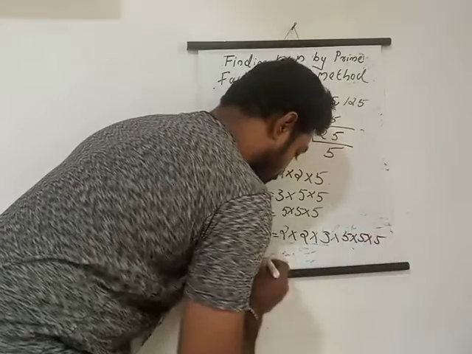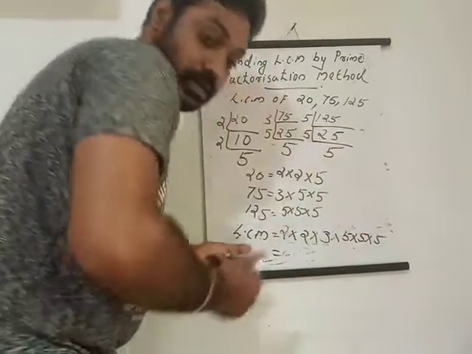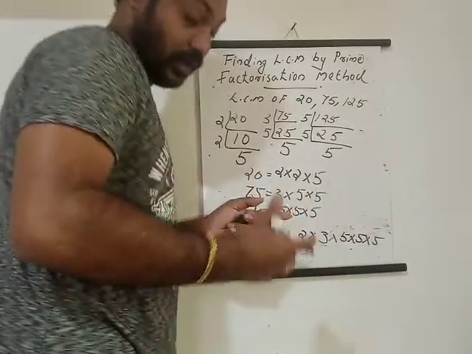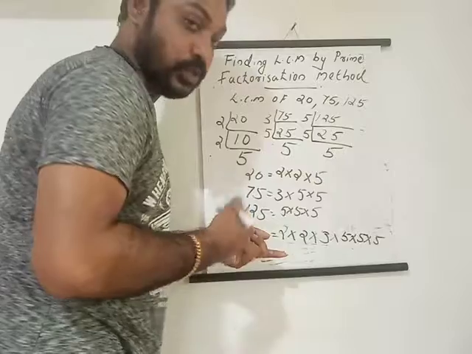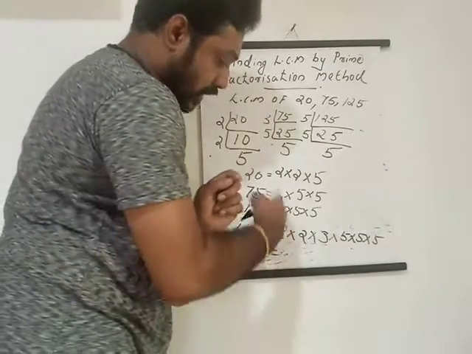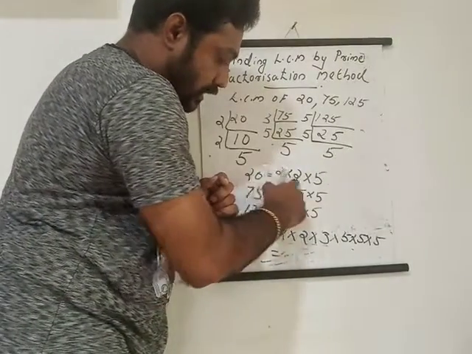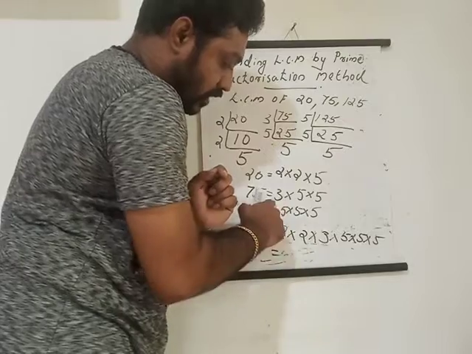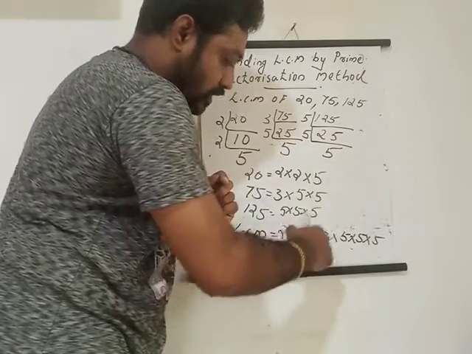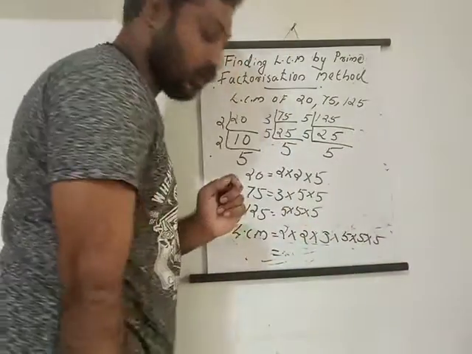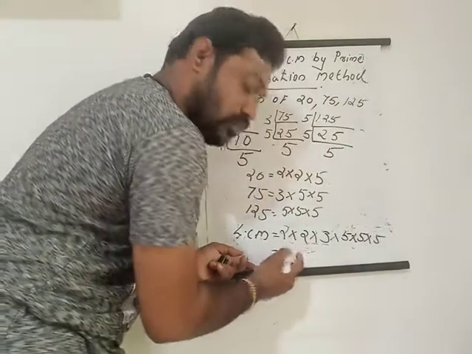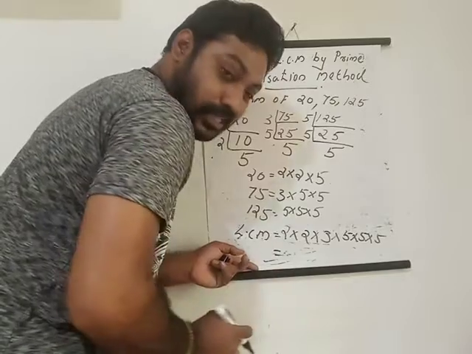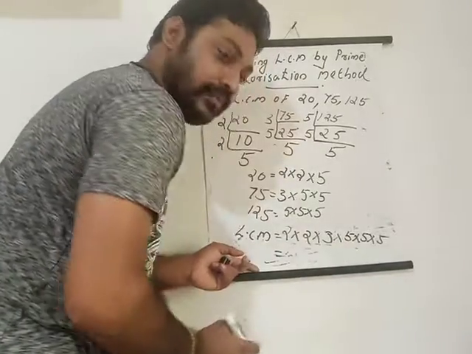It's a big calculation. If you multiply mentally you may make mistakes, so you can multiply in the usual way. So what I wrote is 2 repeating 2 times, then 3 only 1 time, and 5 most repeating on this side, so I wrote 5 into 5 into 5. Next we have to multiply these numbers. 2 into 2 is 4. 4 into 3 is 12. Then 12 into 5.